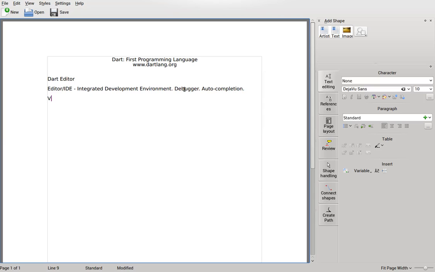Secondly, it is a virtual machine. Now, we hear the terms virtual machine, translator, runtime, interpreter. All of these things are relatively synonymous themselves. And basically,